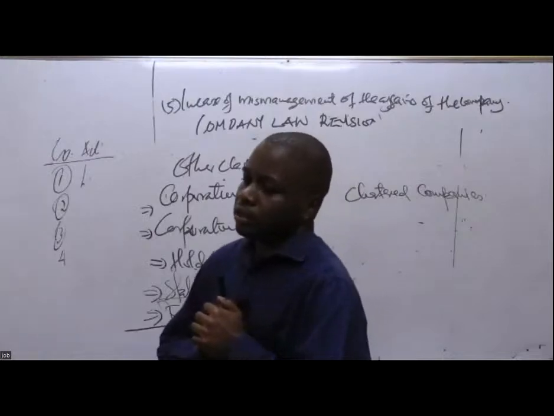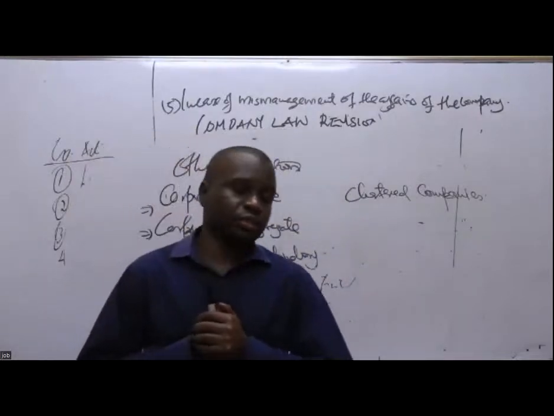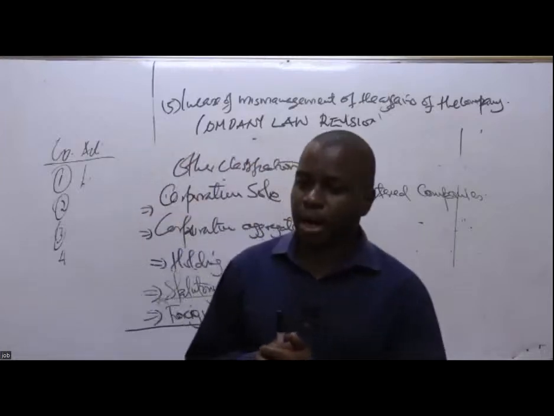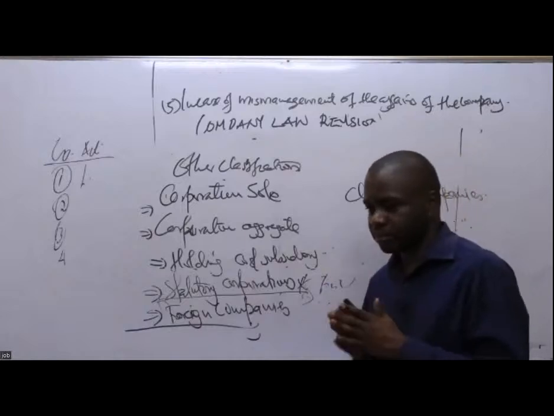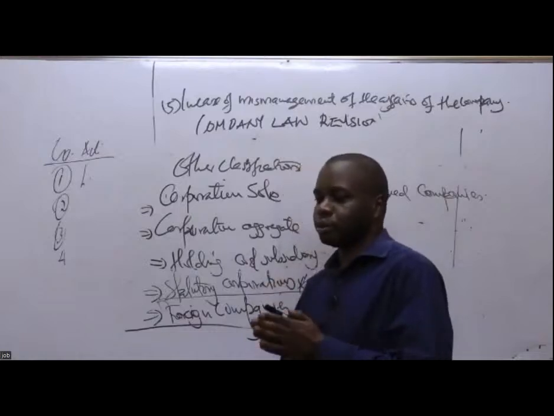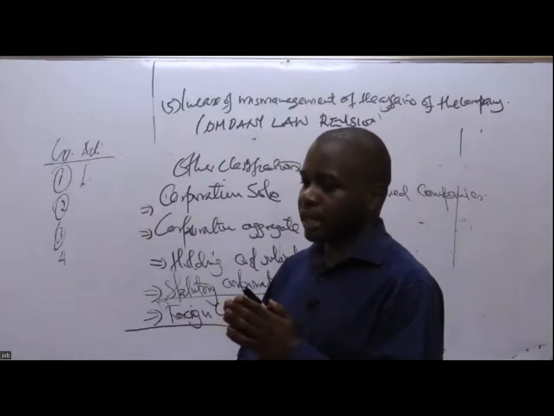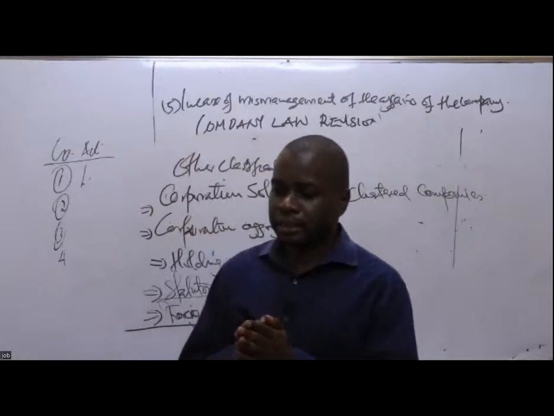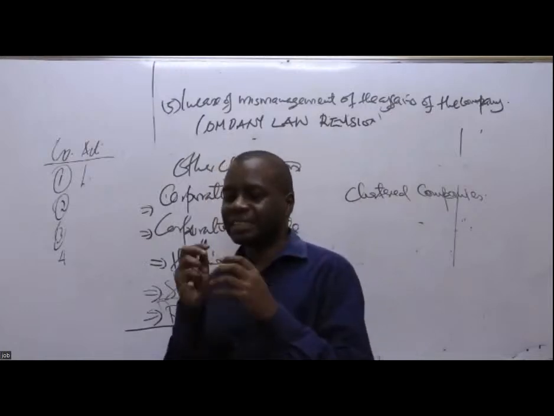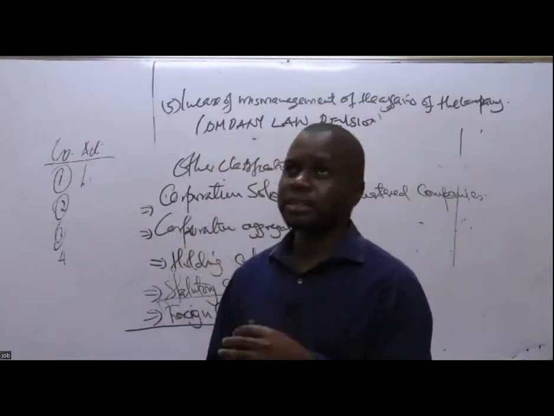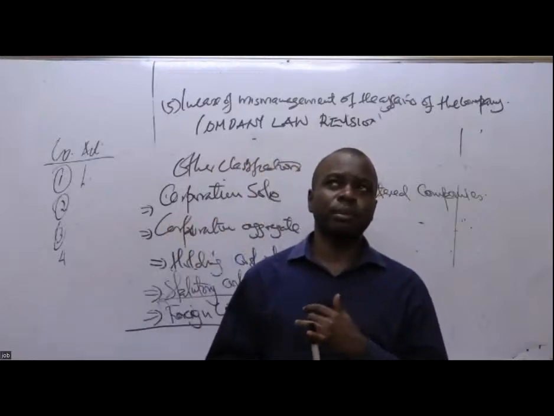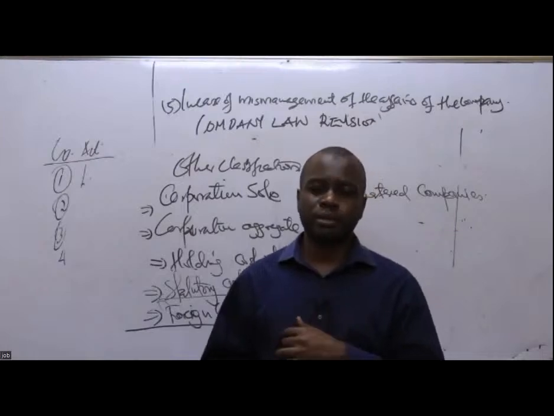Of course, here the trick is you just need to know the characteristics of each and every form of business. For example, when you talk about a partnership, do you know what a partnership is? Can you mention 6 characteristics about a partnership? If you are not able to at that point, just know that it will be very difficult for you to write even a single point. You must be able to remember what a partnership is. Number 1, membership or ownership of a partnership is 2 up to 20 persons.